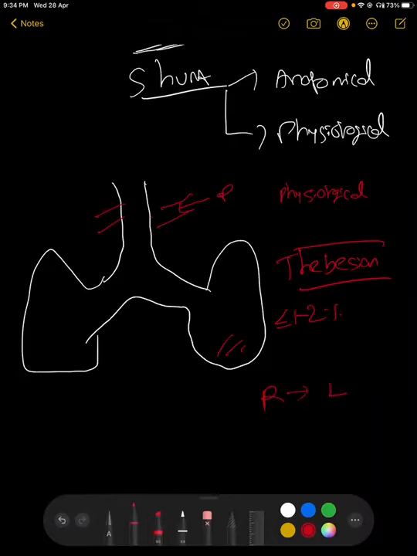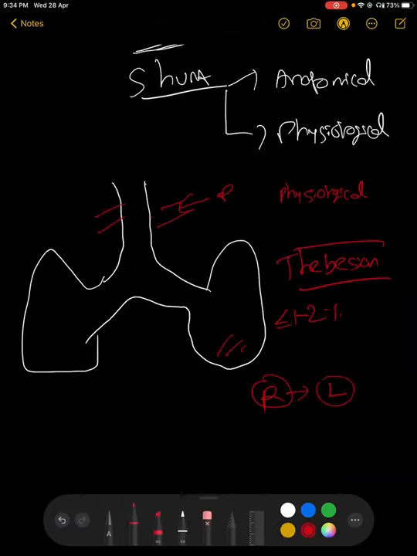We can take about anything, TOF, or whatever. We can take any kind of Ebstein's anomaly or whatever. In these things, these are anatomical shunts. What is happening? Because of the shunt, the blood directly flows into the left part of the heart without going into the pulmonary circulation. So it is bypassing the pulmonary circulation. Otherwise, it is bypassing the ventilated areas of the lungs, right? So this is an example of anatomical shunts.